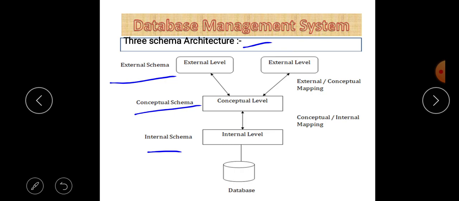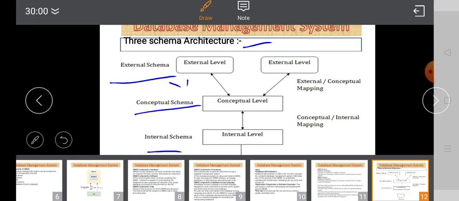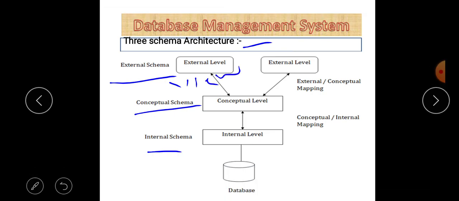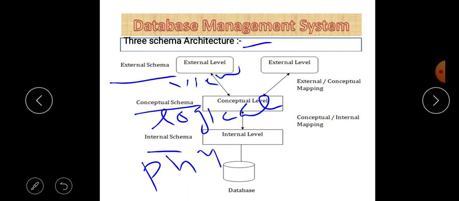External schema is also called the view. Conceptual is also called logical, and internal is also called physical. So three types of schema are there, as you can easily see on screen.